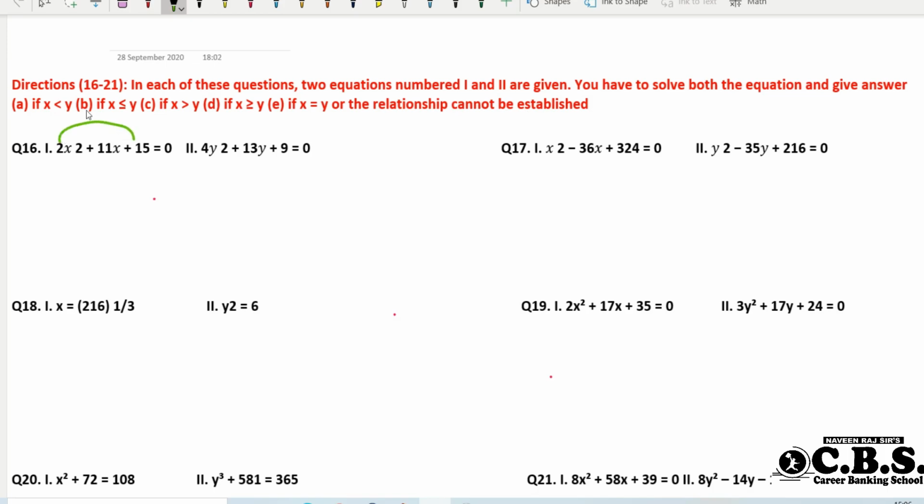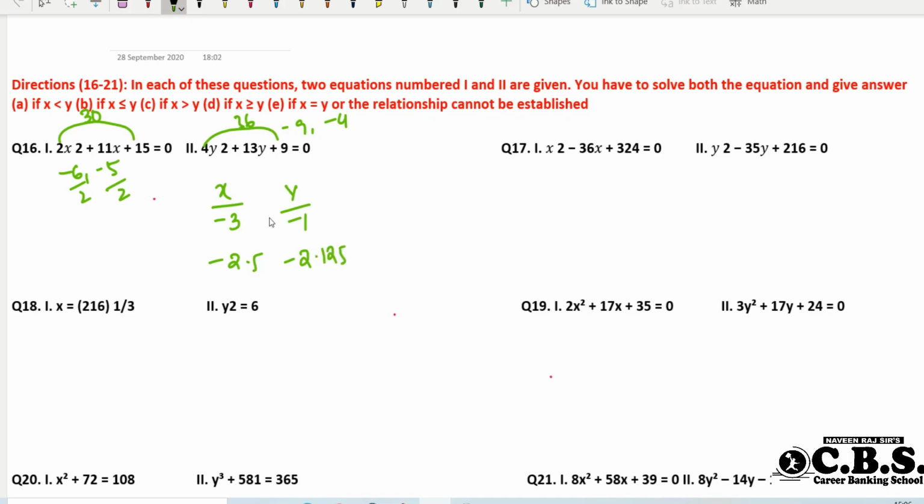So this is 15 to 0, how much is it? 30. So 30 means nothing but minus 6 and minus 5. Divided by 2 and divided by 2. So the x value: one root is minus 3 and the other root is minus 2.5. Let's go for the y value. 9 4s are 36. 36 means what? One root is minus 9, the other root is minus 4. So definitely one root is minus 1 and the other root is approximately minus 2.125 something.